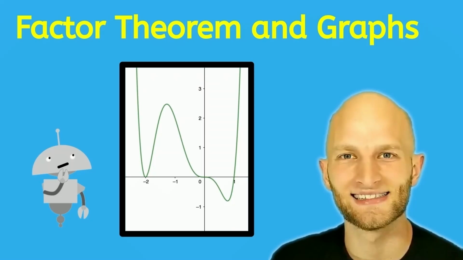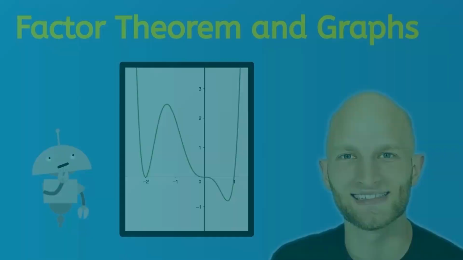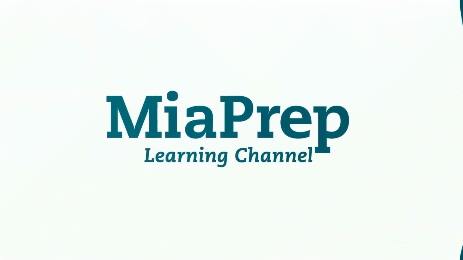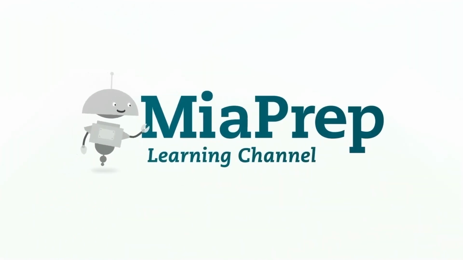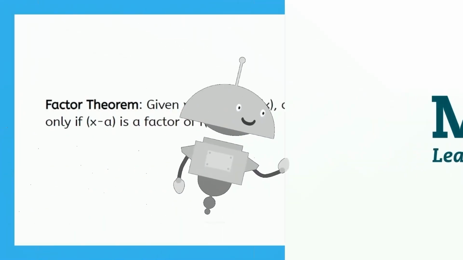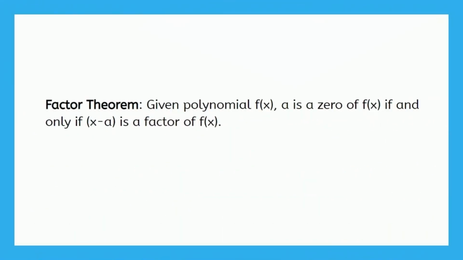Today we're going to talk about what we can figure out about the behavior of a graph just by knowing the factors of its polynomial. Let's go. So the factor theorem states that given a polynomial, we'll call f of x, a is a zero of that